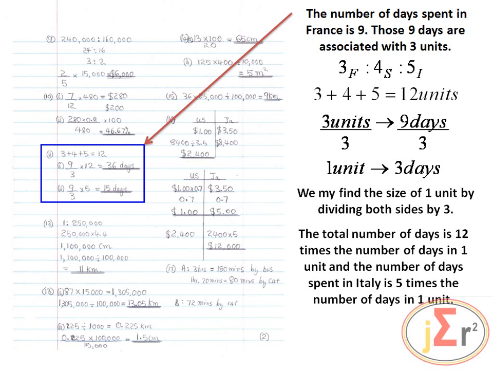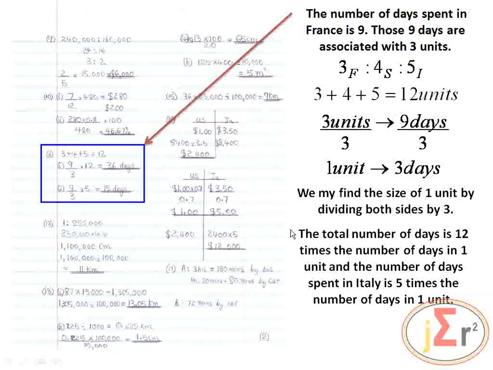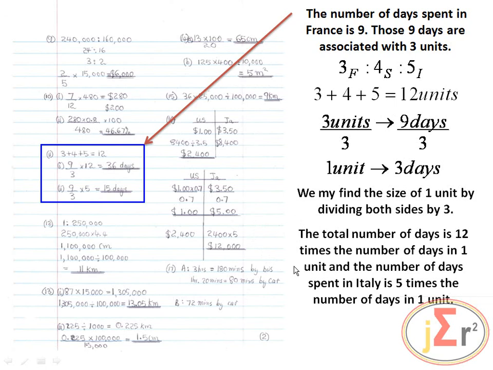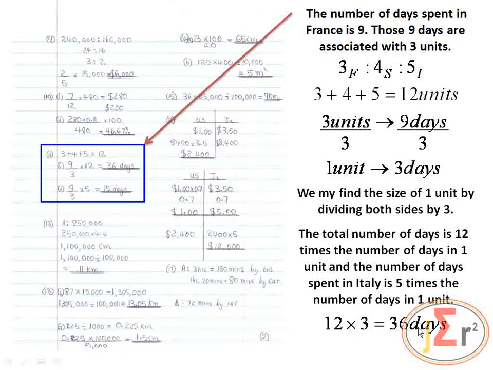Well, for the entire holiday, we have a total of 12 units, which is the sum of the numbers in the ratio. So the total number of days is 12 times the number of days in 1 unit, and the number of days spent in Italy is 5 times the number of days in 1 unit. So we have 12 times 3, 12 units, and each one is 3 days. So 36 days for the entire trip,